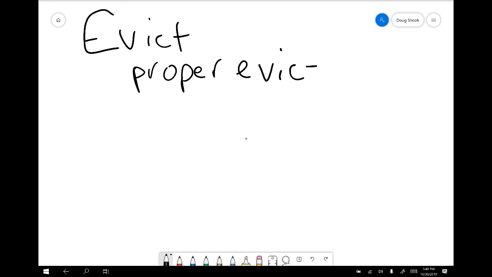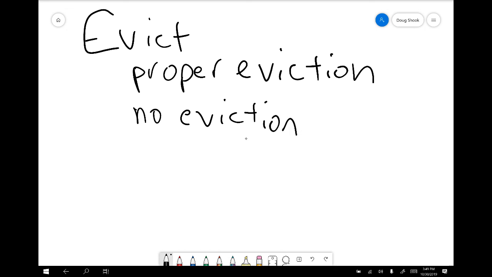But then there's also an edge case to consider. What if all of the pages that are loaded are currently in use? Then I don't have any candidates to evict. I have no eviction candidates, right? What should happen in this case? I think the write-up actually talks about this a little bit, but what do you guys think? If my pool is full, I try to load a page in, but there's no candidates to be evicted, what should happen?